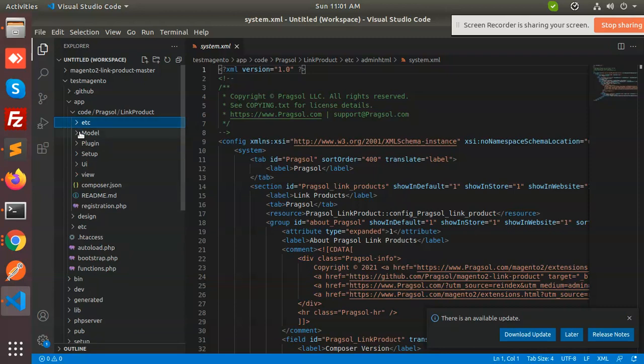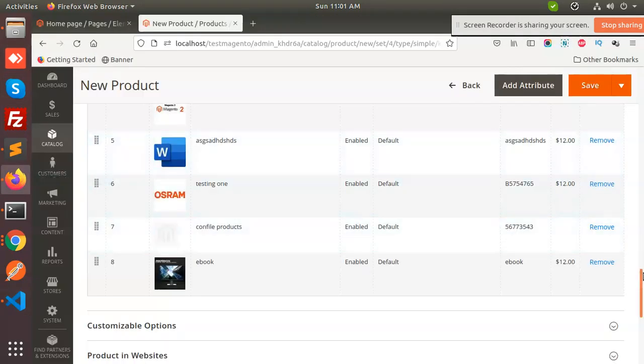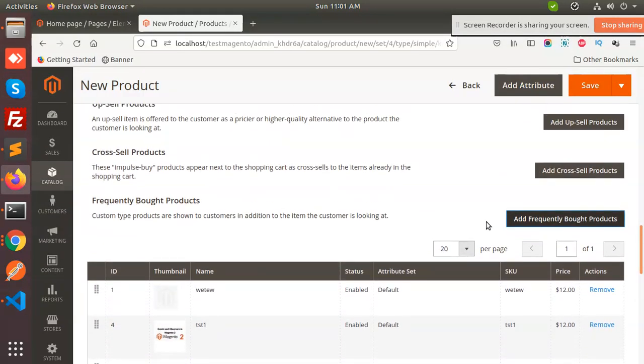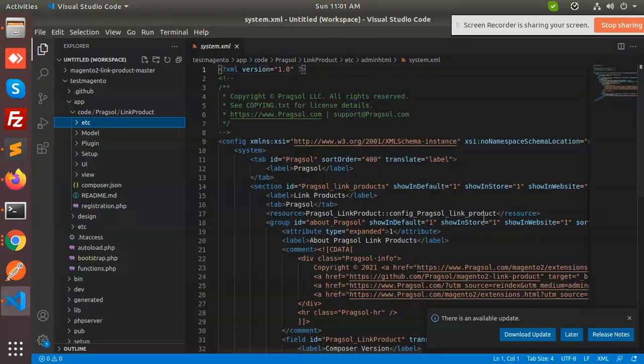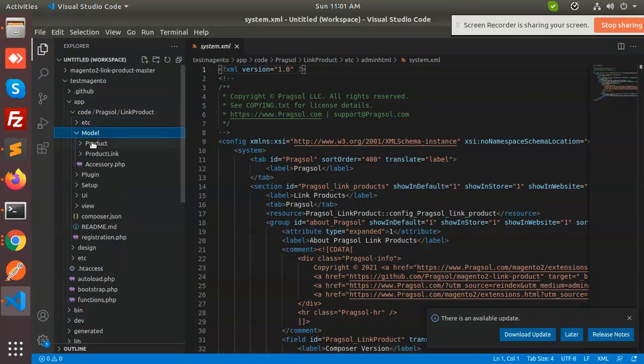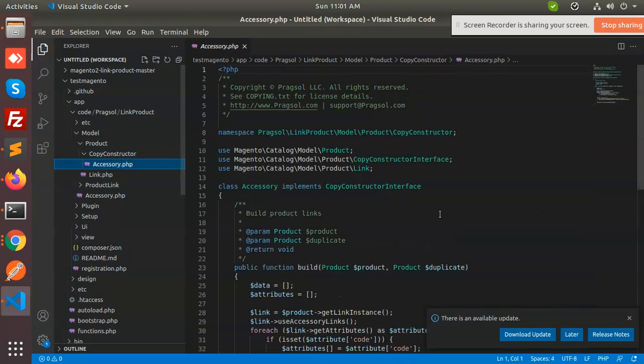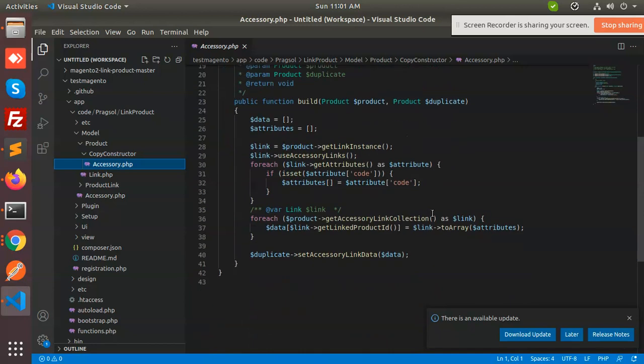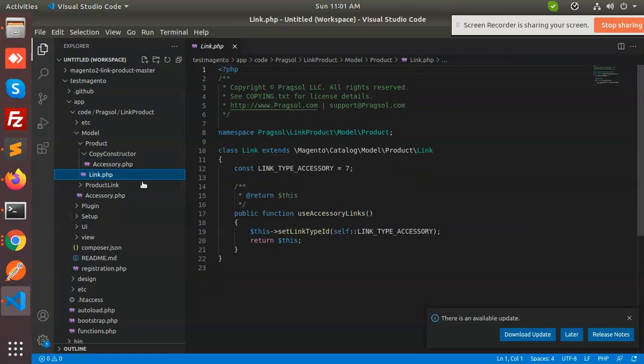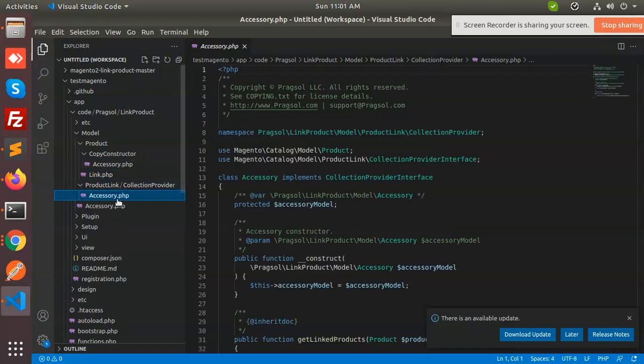Then we have how we can add this accessory one. What is the main core phenomena of adding this tab? We have three ways to modify this structure, or you can use the plugin to move around. Okay, so let's check. To create the model, product, copy constructor, that we have already mentioned. This is a copy constructor, and accessory.php, the same one. In accessory.php we have link.php, then product link accessory.php